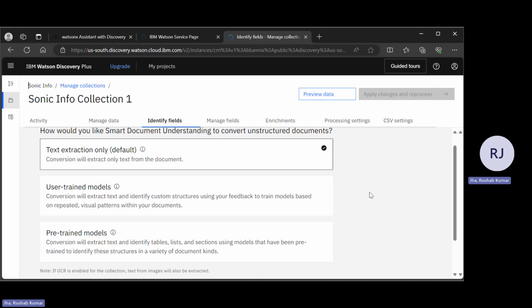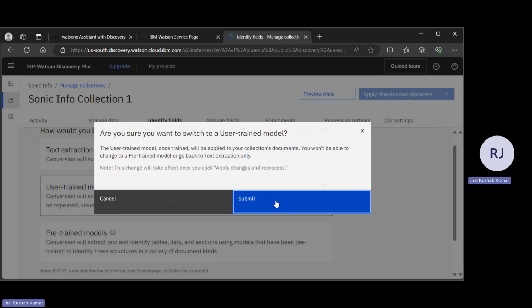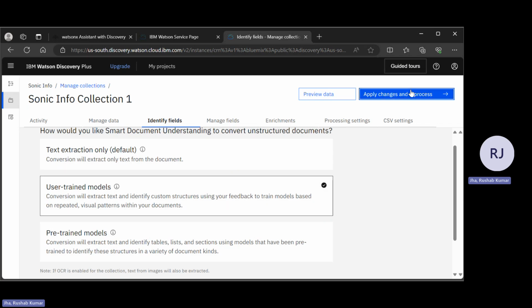There is text extraction only, that will omit any images, hyperlinks or anything like that. Then there are two other options, user trained models and pre-trained models. For this particular use case, I'll do the user trained model, where the conversion will extract text and identify custom structures using your feedback to train models based on repeated visual patterns within your documents. So let's select this one. I click on submit and then apply change and process.